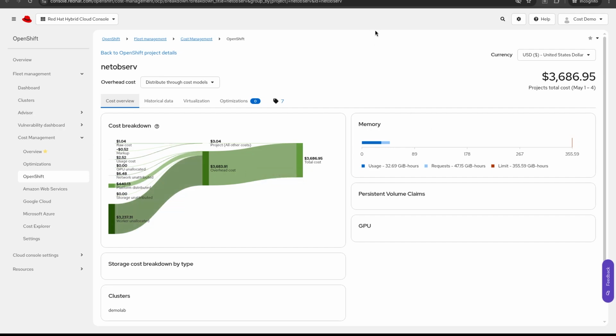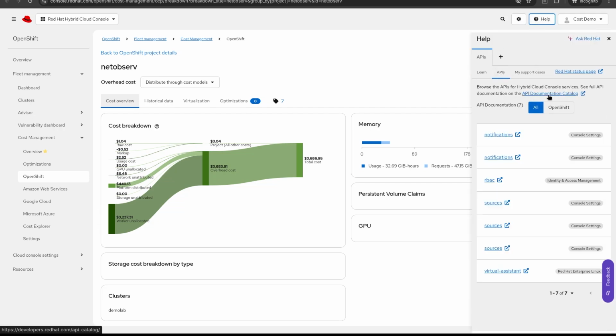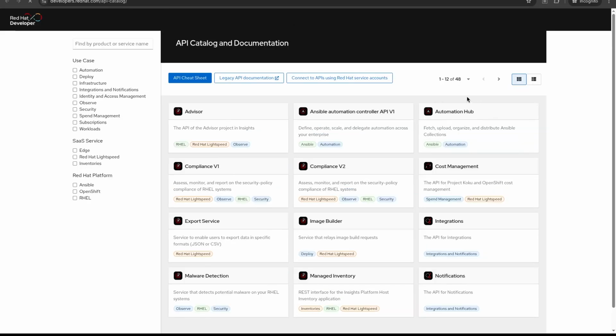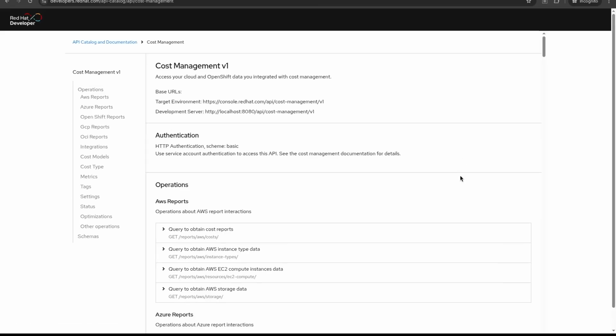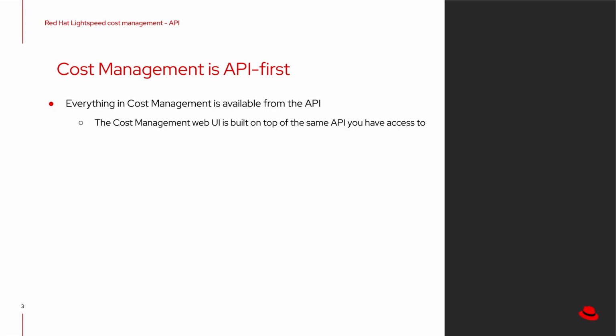What you might not know is that all of this is also available through the API. You can find the API documentation in the API catalog here, cost management. You can access everything. The nice thing about cost management is that this is an API first application. Everything available in cost management is available from the API. In fact, the web UI that you are using is built on top of exactly the same API that you